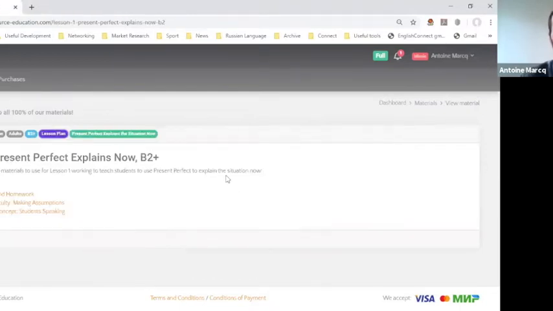So the definition present perfect explains now is very useful because basically present perfect is used in English when we want to give hints about now, when we want to imply things. I've lost my keys. I don't just say I've lost my keys for the fun of it. When I say I've lost my keys, I'm either expressing the fact that I can't get home, maybe I'm asking for your help, I'm hoping that you'll offer some help, maybe I'm looking for them right now. There are a lot of different scenarios.